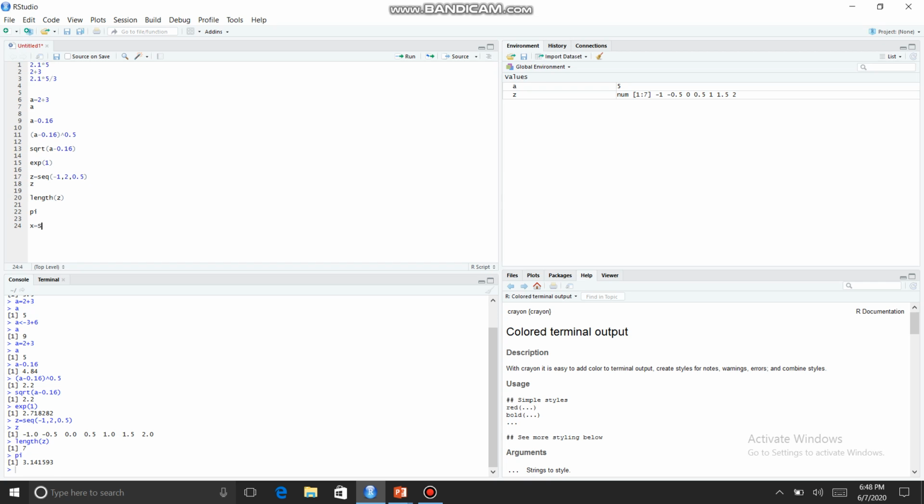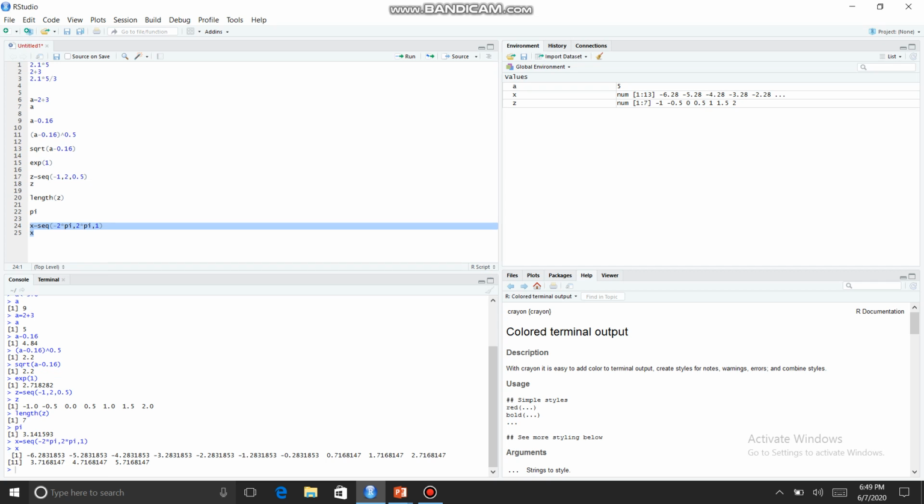X is equal to seq in brackets minus 2 into pi comma 2 into pi comma 1. Minus 2 pi goes up to plus 2 pi in increments of 1. Now let us see what x contains. Type x and select the code. Click on the Run button. The answer is shown in the console window.